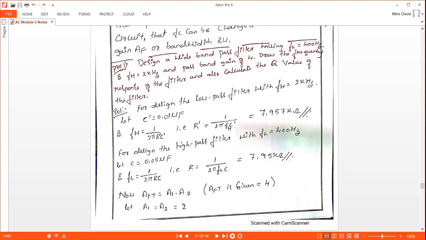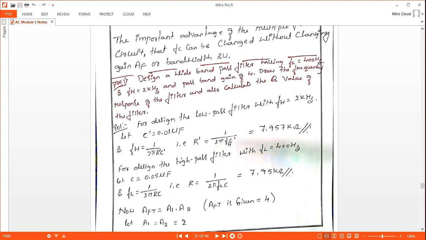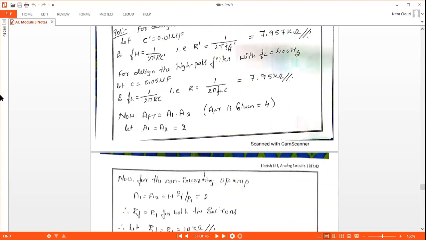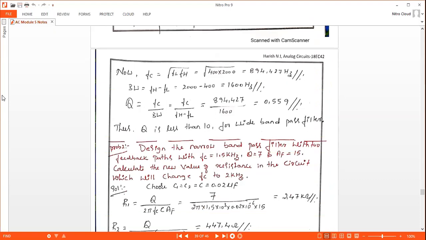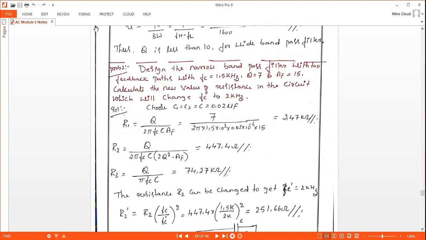Let me solve one numerical. We will come to know how to design this. This is the numerical: design the narrow band pass filter with two feedback paths with FC equal to 1.5 kilohertz, Q equal to 7, A of F equal to 15.